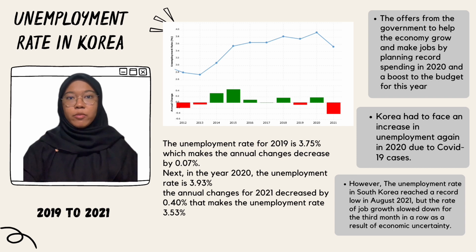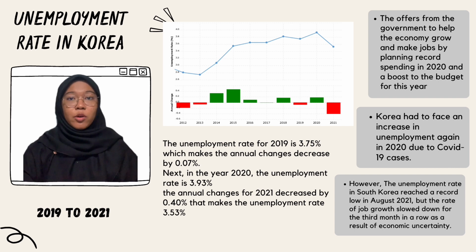However, the unemployment rate in South Korea reached a record low in August 2021. According to figures provided by Statistics Korea, the number of unemployed individuals in August was 28.41 million, an increase of 807,000 over the previous year. Since the outbreak of the COVID-19 pandemic in March 2021, the number of employed persons in the country has been steadily increasing, signaling a significant improvement in the country's work situation.